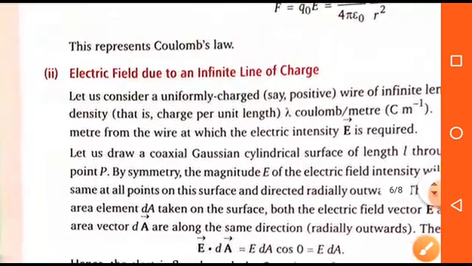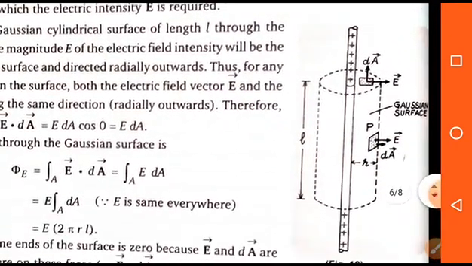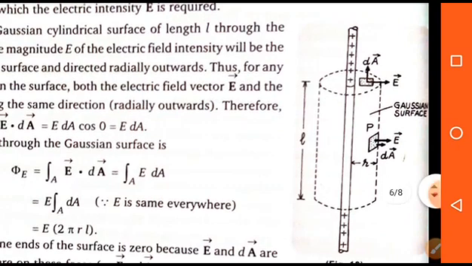The second application is electric field due to an infinite line of charge. Here we have to take an infinitely long wire, and when we provide a charge plus q, then it is distributed uniformly along the length of the wire. Now take a Gaussian surface in the form of a cylinder and take 2 points on the Gaussian surface. First is P, which is placed on the curved surface, and take another point which is placed on the upper surface of the cylinder. But on the upper surface, the direction of electric field and the area vector both are perpendicular. That means the electric flux will be 0.